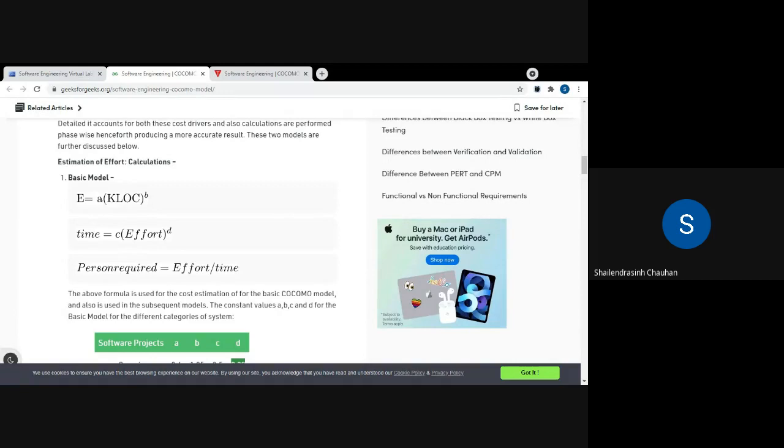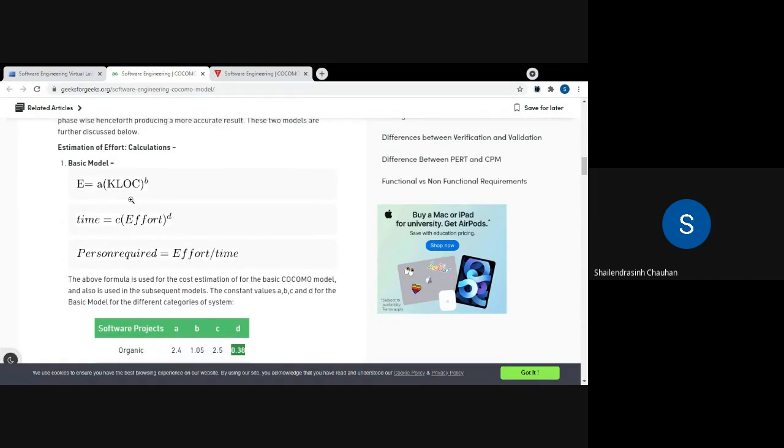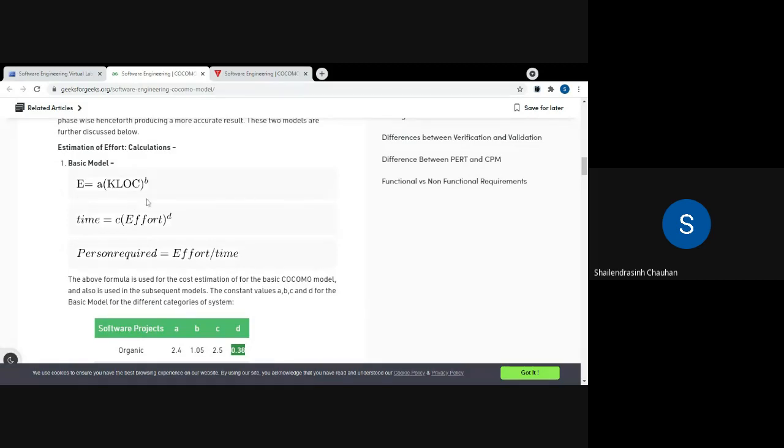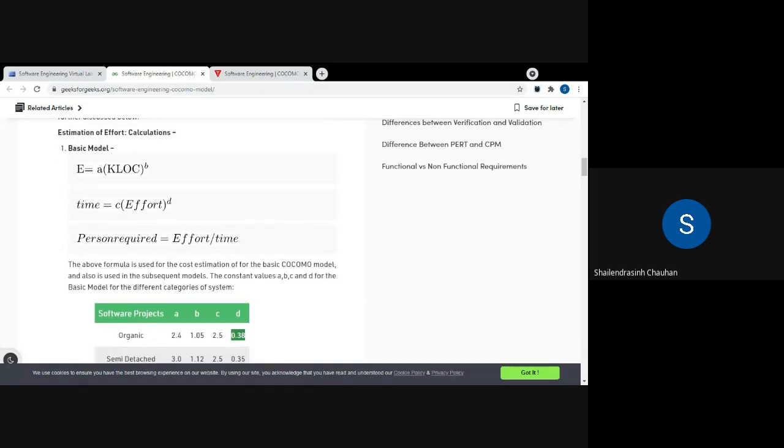So you can put that value here as 2, because it is in kilo. Then from the description itself, you can say that the project is categorized as organic. So you can use all these constants. Fine. So what will be the calculation? Let us do that.